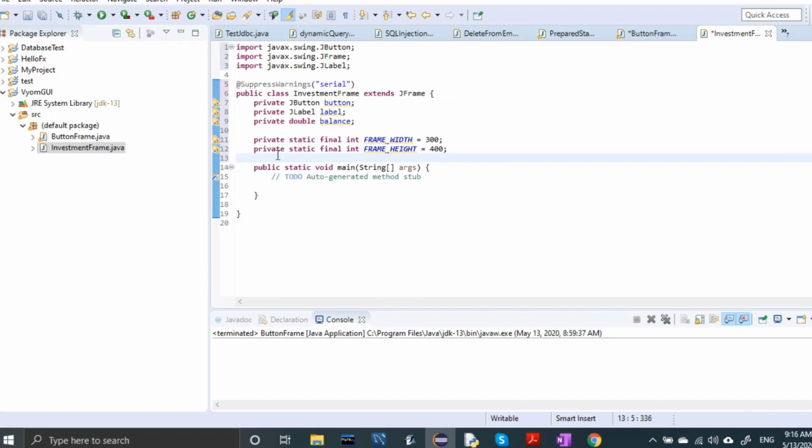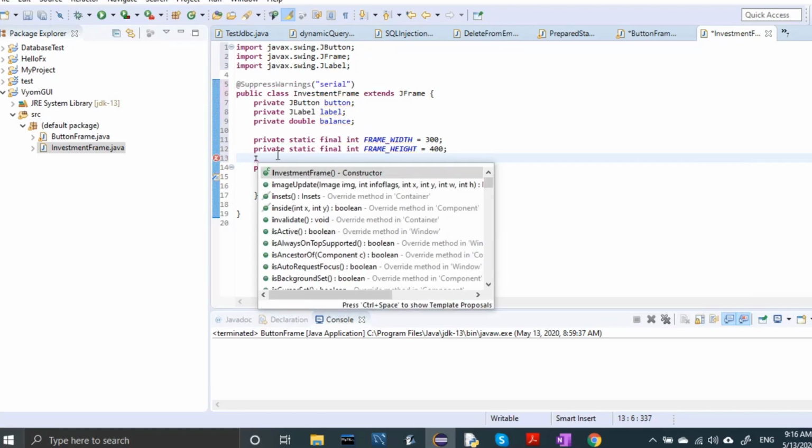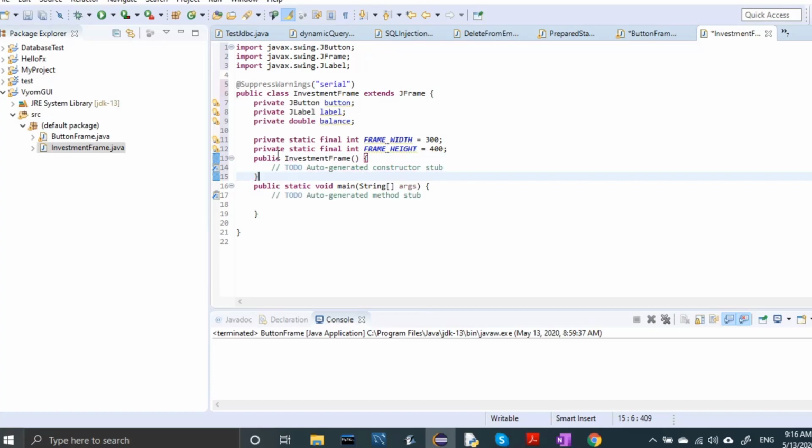Now add a constructor, the InvestmentFrame constructor. In the constructor, I'm writing balance equal to initial balance.